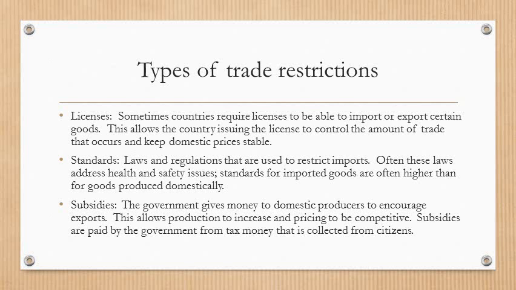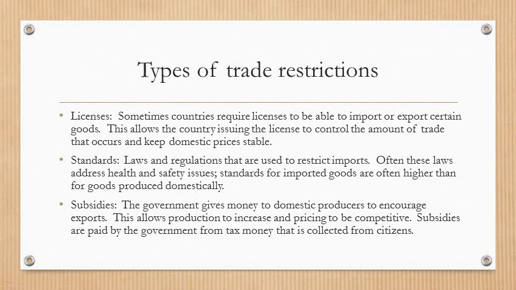Licenses. Sometimes countries require licenses to be able to import or export certain goods. This allows the country issuing the license to control the amount of trade that occurs and to keep domestic prices stable. For example, if the United States wants to limit the amount of